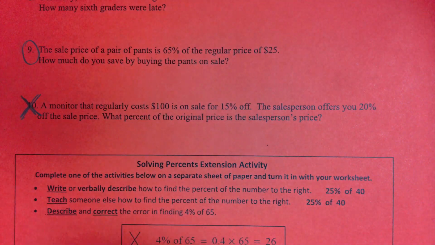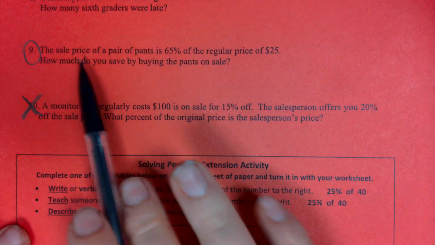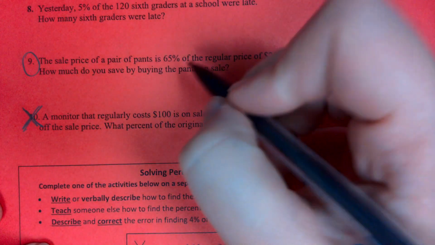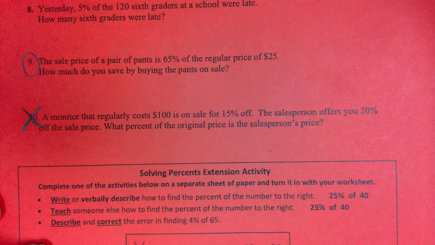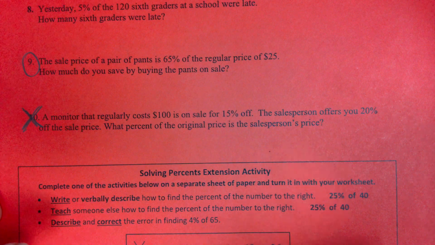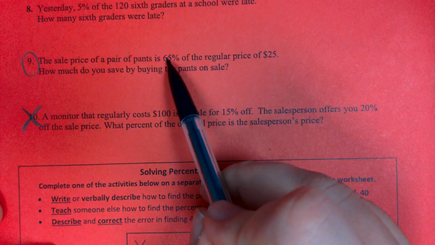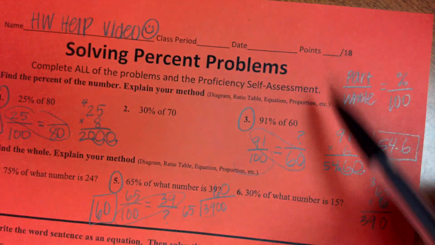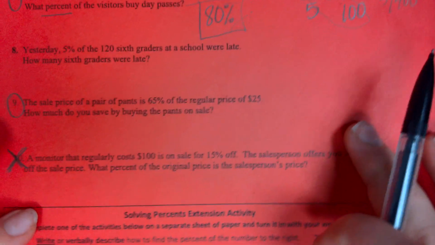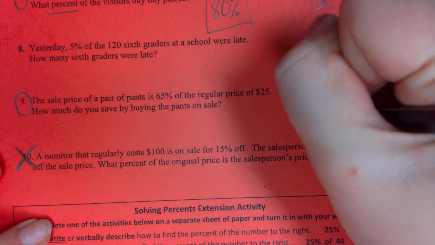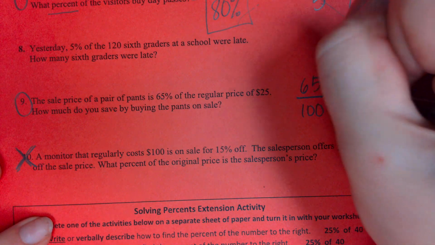Okay, the next one that we're doing says the sale price of a pair of pants is 65% off. This is supposed to say off the regular price of $25. How much do you save by buying the pants on sale? So first we have to figure out what 65% of 25 is. So we're going to set it up using our formula, right? Our part over whole is equal to percent over 100. So percents are always over 100, so I'm going to put 65 over 100 is equal to,